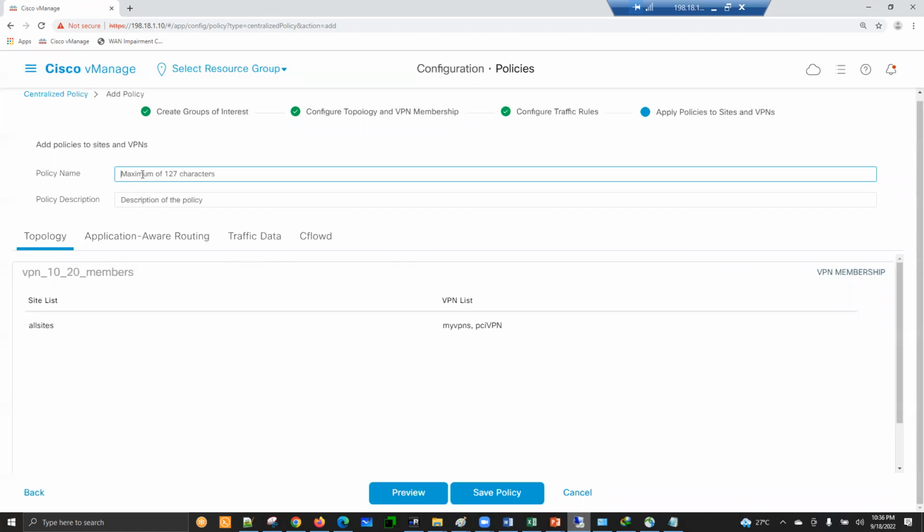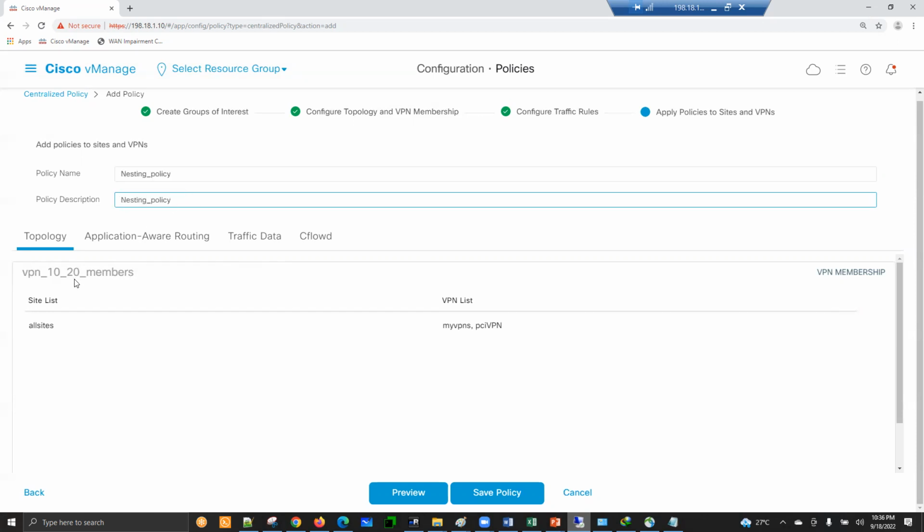So this will be your bigger framework where you want to add different policies. Okay, so this is my nesting or nested policy. And then you can see that you have the VPN member, it is there. Now you can click preview,